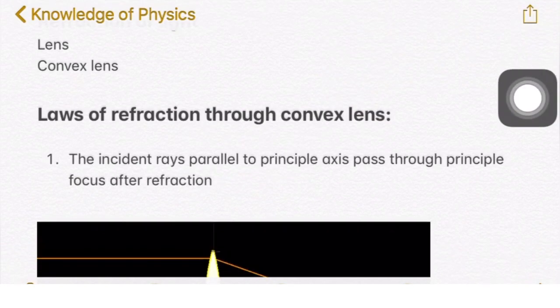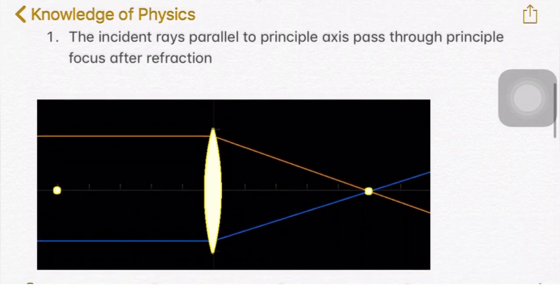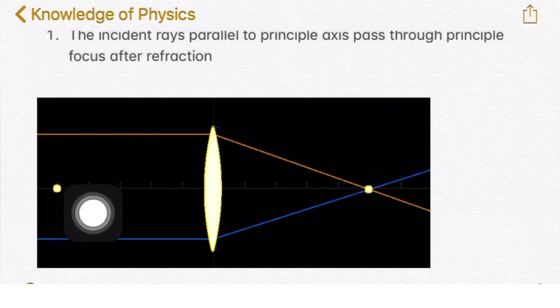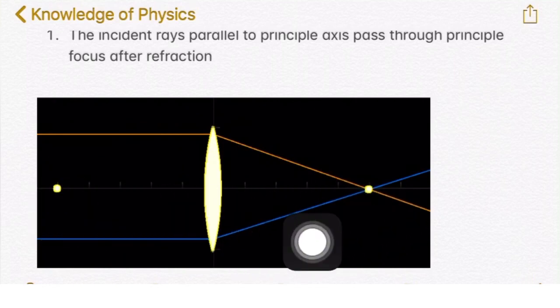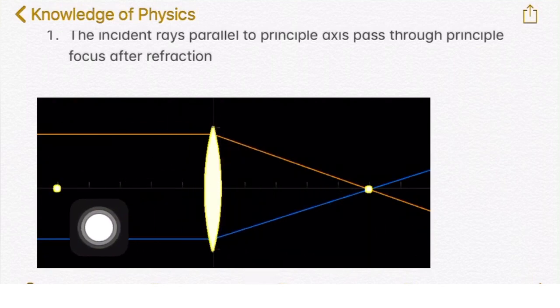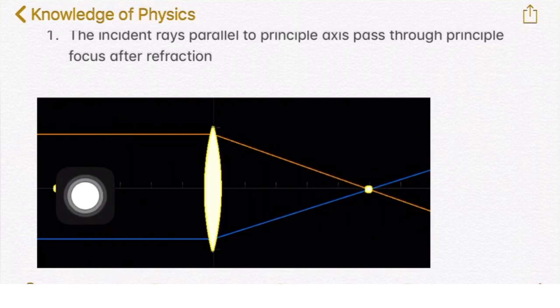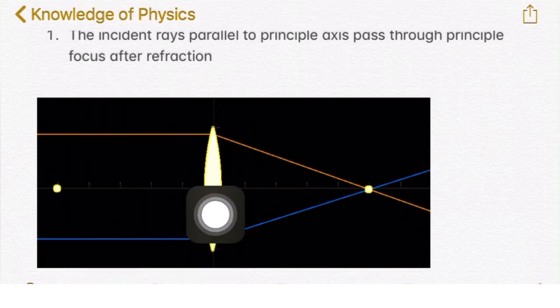There are generally three laws for a concave or convex lens that the light ray follows when it passes through the lens. The first law is that incident rays parallel to the principal axis pass through the principal focus after refraction. You can see in this figure the yellow and blue rays; these two are the incident rays of light, and this is the convex lens. The two yellow dots are the focus points of this lens. When parallel rays, parallel to each other and to the principal axis of this lens, fall on the lens,